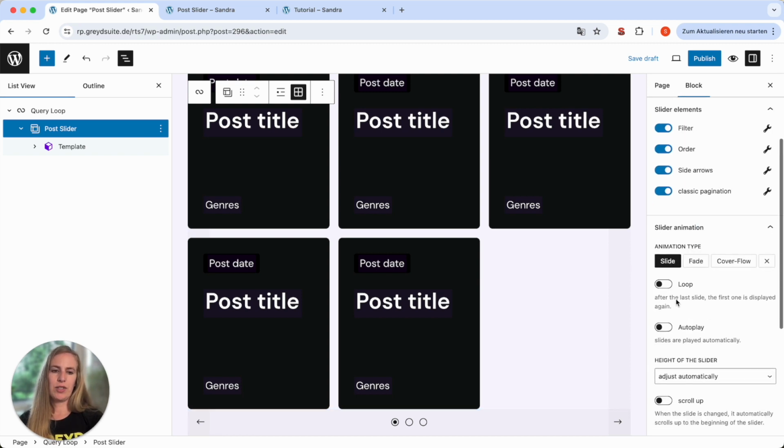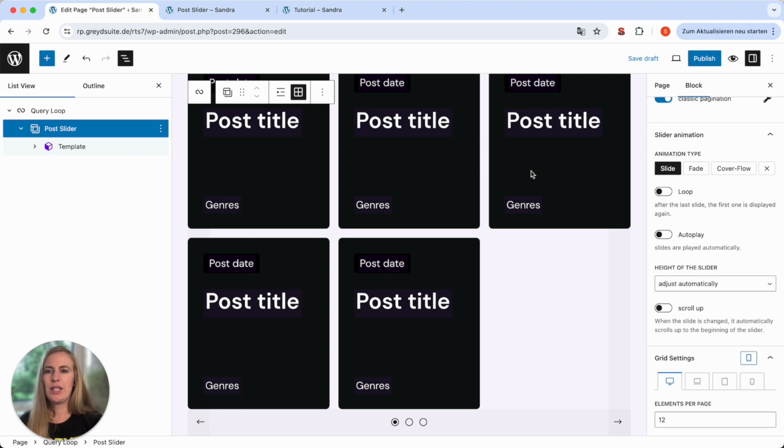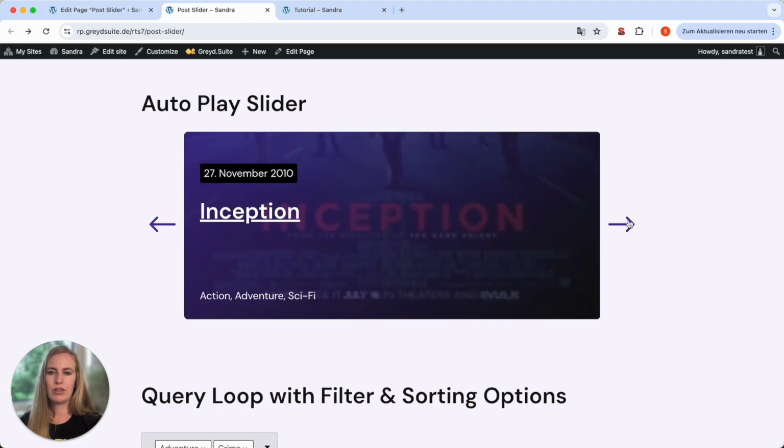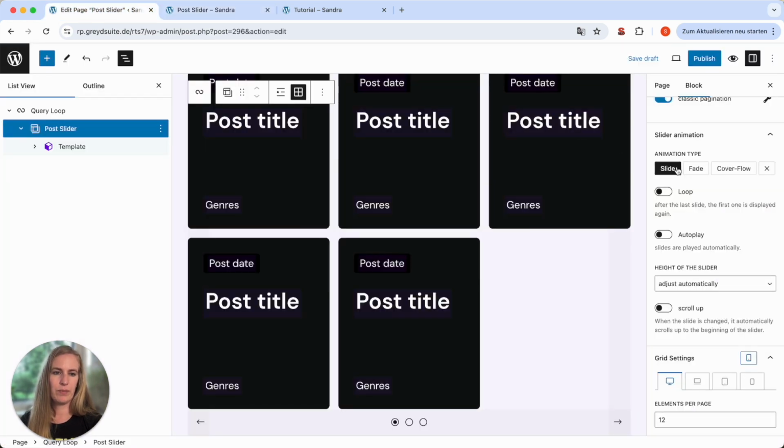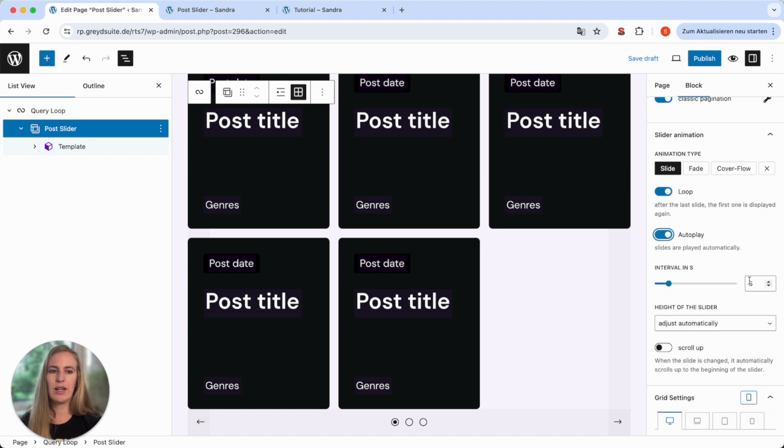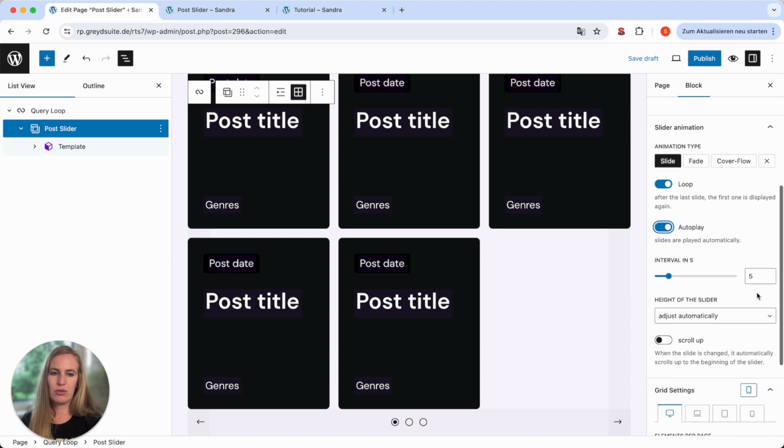And last but not least, you can also define the animation with which the pages change individually. You can choose between different animation types. You can activate a loop, so it starts again when it reaches the last slide. You can have autoplay and also define how fast you want the animation to be.